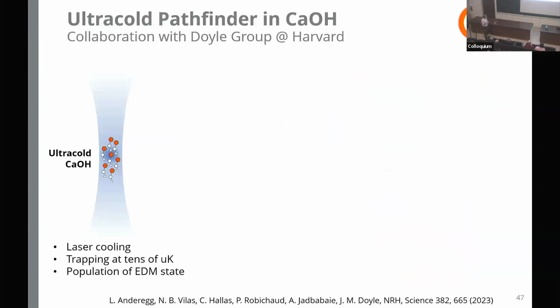So a few years ago, we did a demonstrator or pathfinder experiment in CaOH, calcium OH, in collaboration with John Doyle's group at Harvard. Calcium is too light to have any EDM sensitivity, but it has the same structure and properties, these symmetry lowered states, as heavier molecules like RaOH. So starting from ultracold, laser cooled and trapped CaOH at tens of microkelvin,